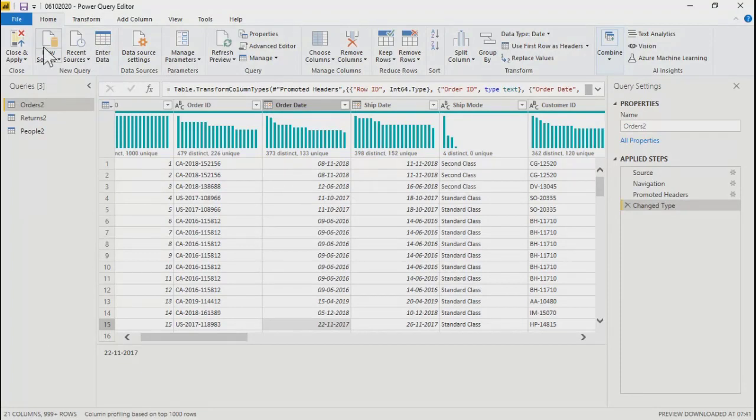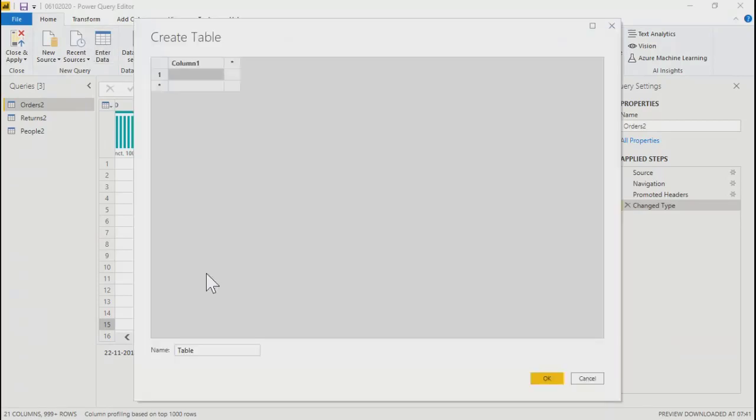What I mean is, if you click on enter data, another table gets added. Create table option, you can give the name of this table. Let's say you give it the name dummy table. And you can add your values. For example, I would like serial number to be here. Then I would like a name column to be there. So you can add your data manually. You can give any name, any values, as many rows and columns as you want to add.